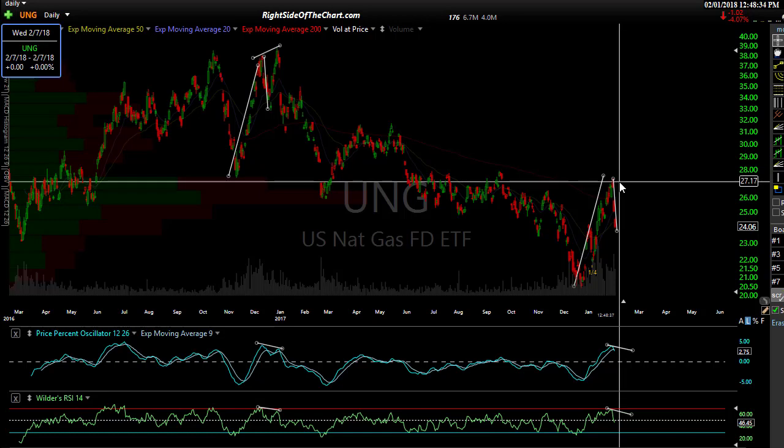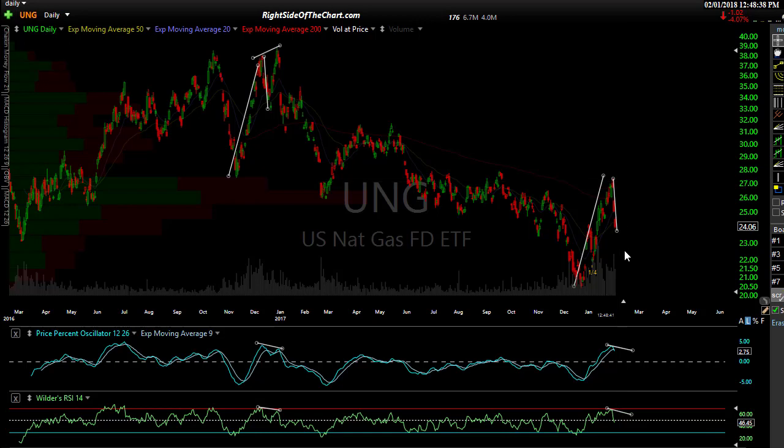Now, the million-dollar question: is that it for this run in natural gas? Are we going a lot lower? Are we going to take out these lows? Sooner or later we'll bounce. We're getting pretty oversold, not so much on the daily time frame, but on the 60-minute intraday chart. So I think if we can get a reversal here soon,